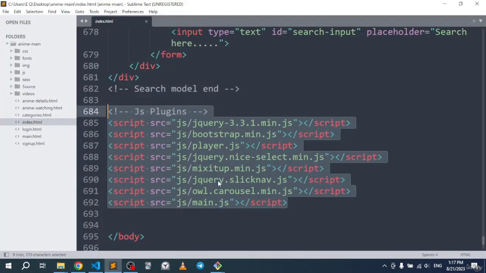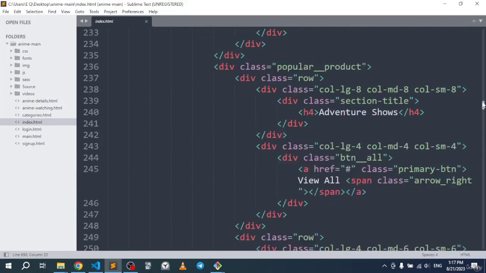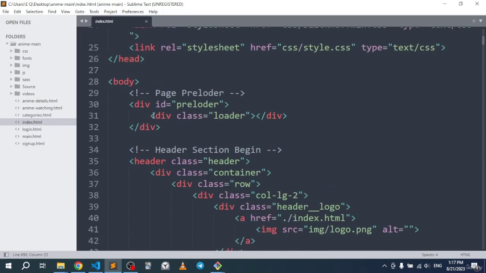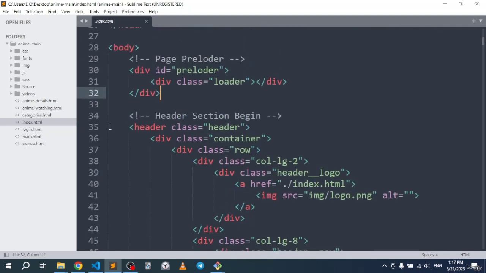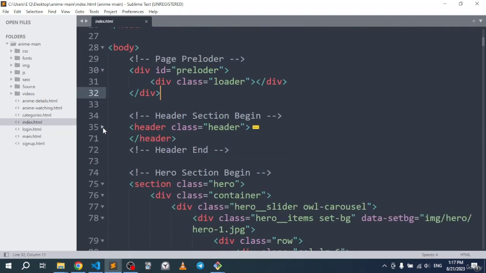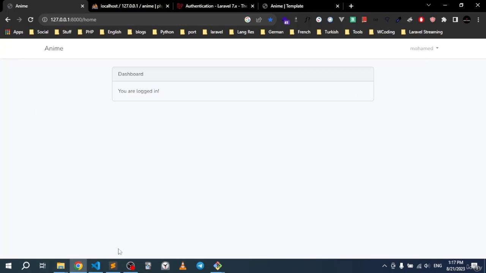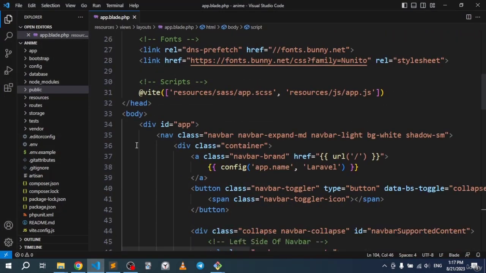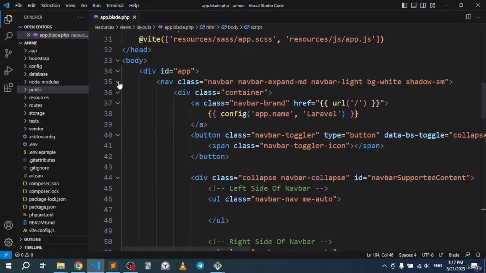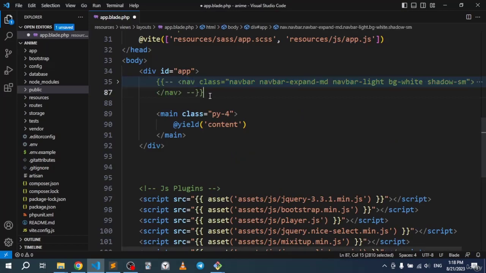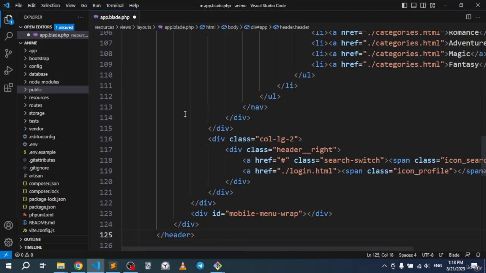So what we're gonna do, I'm gonna go right to the top, and there is this part right here. This part is for the loader, so we're not gonna pick this for now. Our concern right here is just the header, so I'm just gonna minimize the header. I'm gonna copy the header right away, and let's go ahead to our own navbar right here. Let's minimize this navbar and simply comment it like this, and I'm gonna go right under this navbar